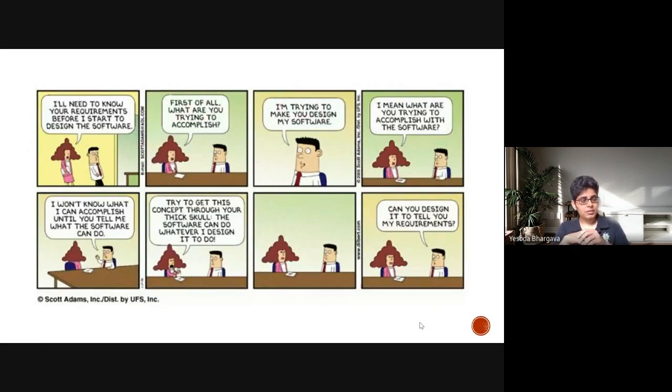So, and Sanidhya is mentioning in chat that users just want to automate their processes, but don't know how they want to automate it. So again, this can always be traced back to a very surface level understanding of the problem that is being tried to solve. If you have clarity on the problem that you're trying to solve, then you can gather the requirements.